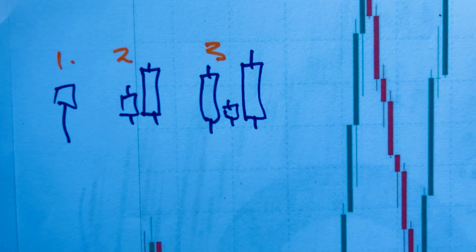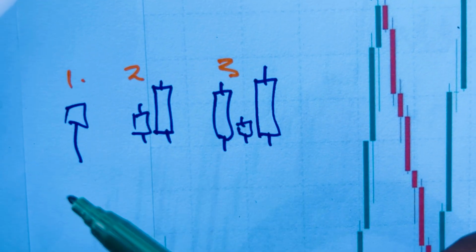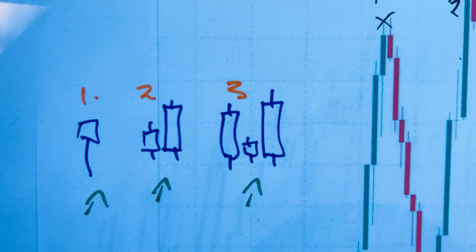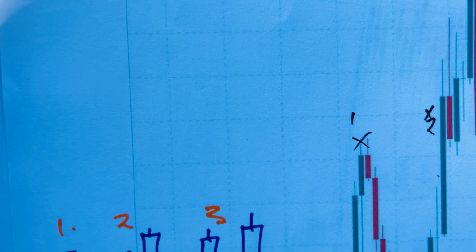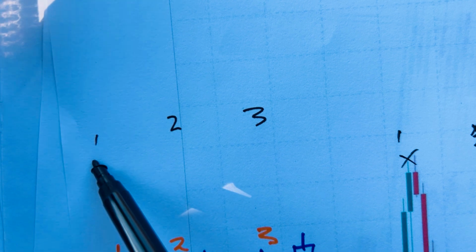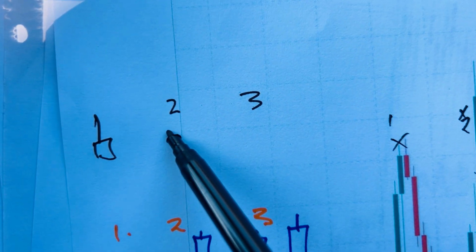These candlesticks have different colors. I want you to understand something. This one is for the buying, this one is for the buying, and this one is for the buying. And now the ones for selling, 1, 2, 3. The one for selling will be in this way, which means it will be opposite of this one, and will be this way,